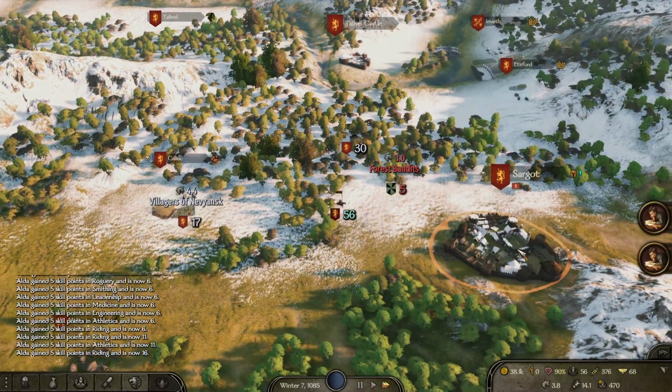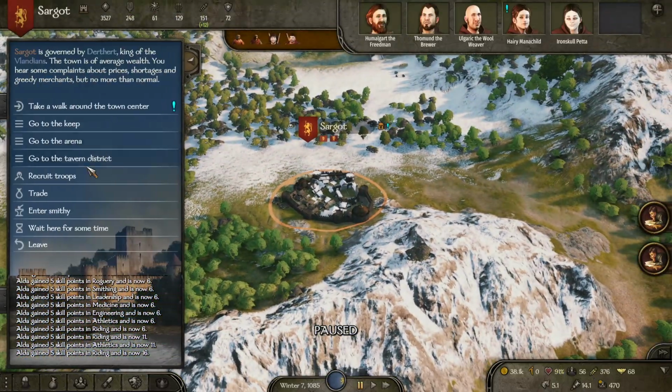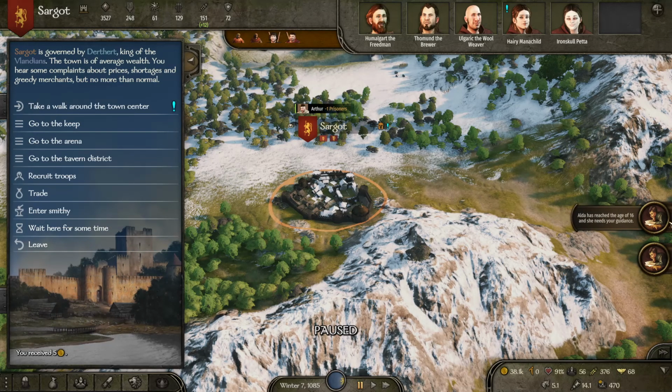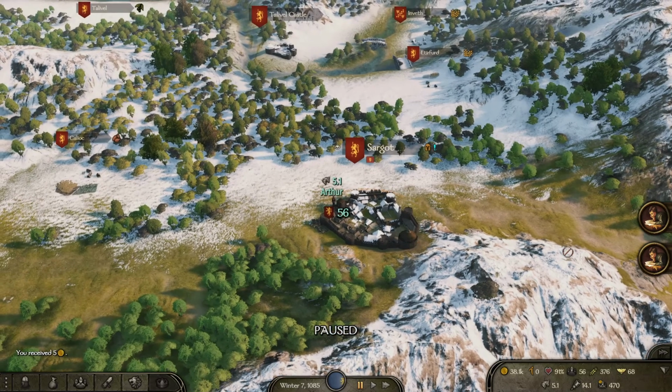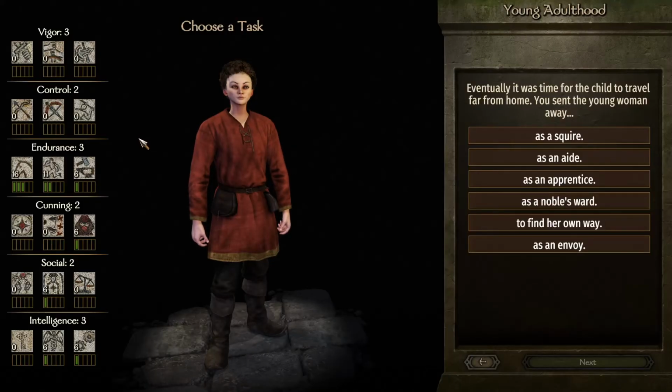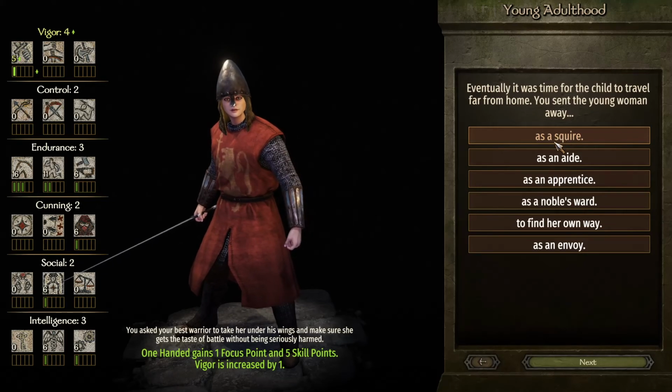Looks like there's a tournament on in Sargat, so we'll join that in a second. It looks like our younger brother and sister have reached an age where they need our guidance. So we've got Alda, who's turned 16, and she needs our guidance as well. So what has she got? She's got vigor, endurance, social, intelligence. So we can either give her...